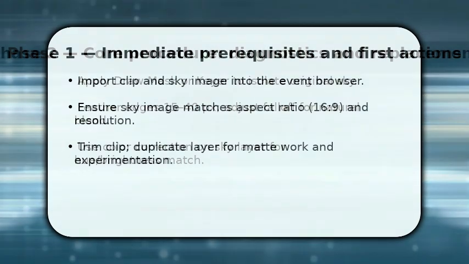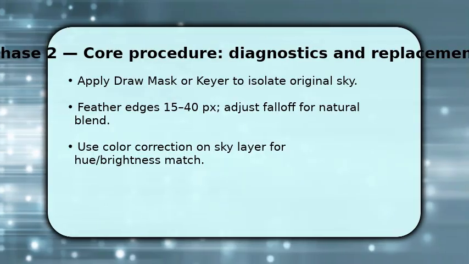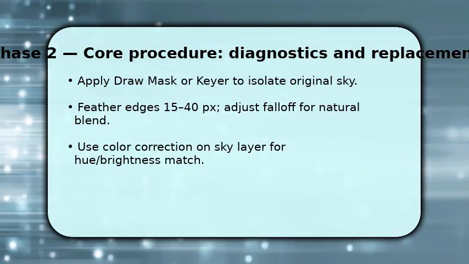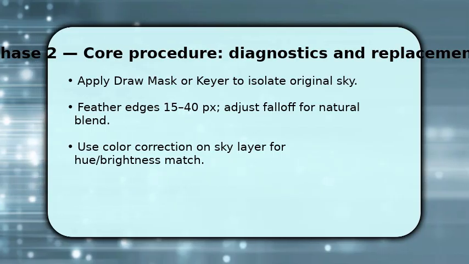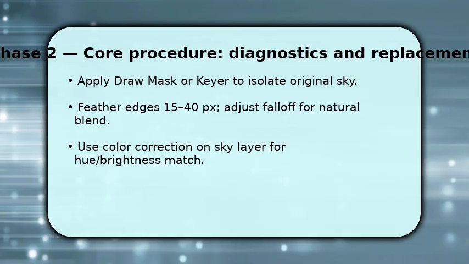Now you remove the original sky using a mask and key. Choose the draw mask for complex shapes or the keyer for clear blue skies. Trace the horizon and important foreground edges, then feather the mask by about 15 to 40 px to soften the